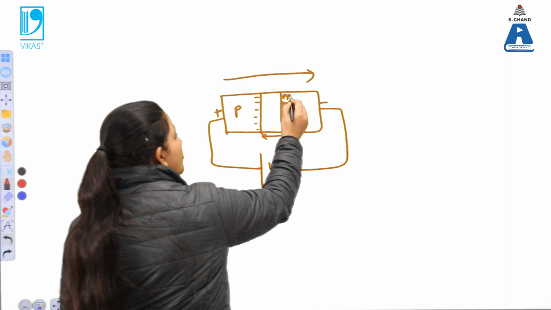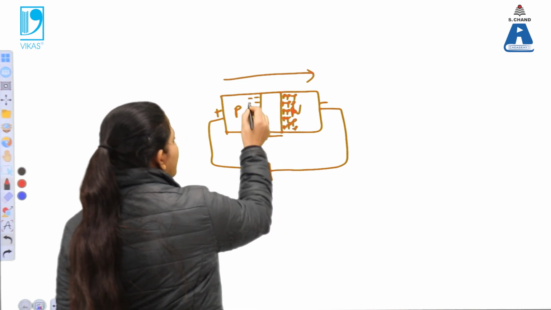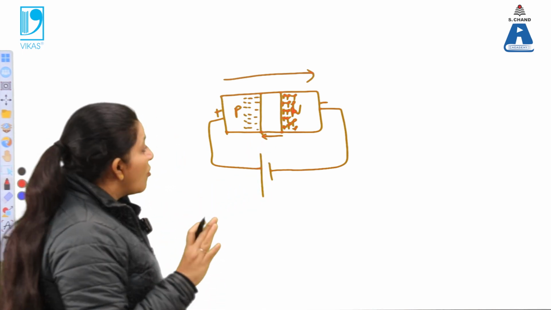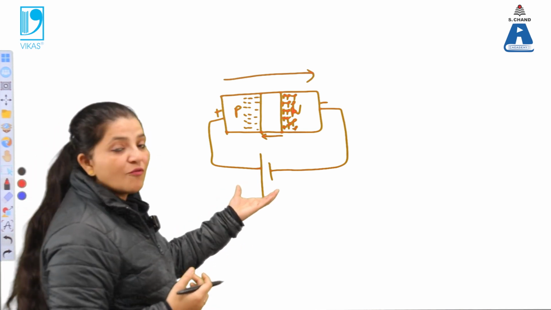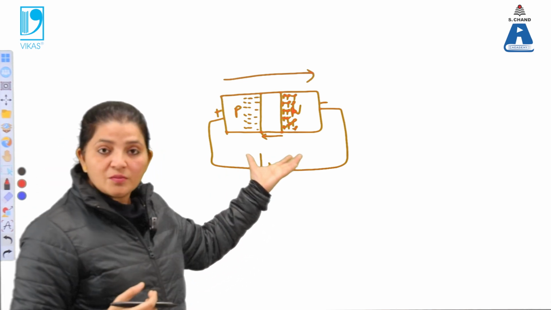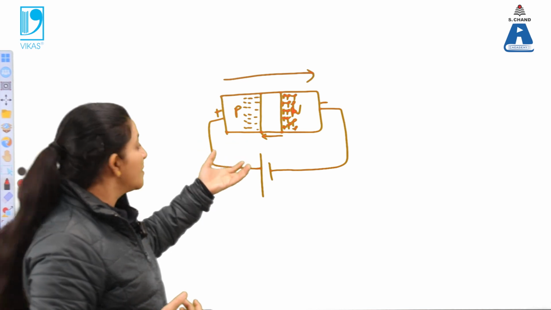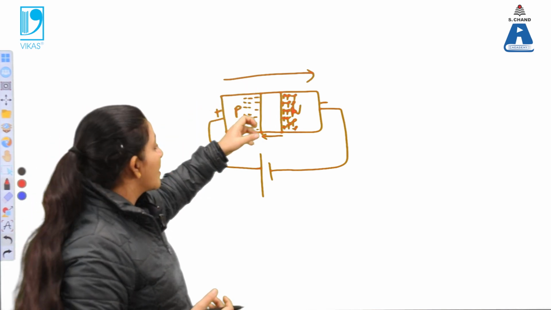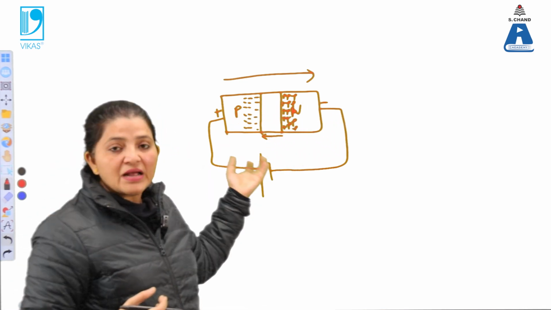Again, more electrons will jump, more positive charge will be developed. Again, negative will be there. So that will be developed. So that means up to some limit of the voltage in the forward biasing, we can enhance the current. If we want the current to increase further, the applied voltage can be enhanced. When the applied voltage is increased further, more positive charge is there, and it can attract more electrons. Again, more negative charge is there, and it can attract more holes from the P. So that means the current can be enhanced.